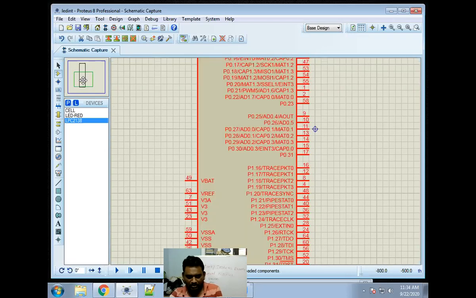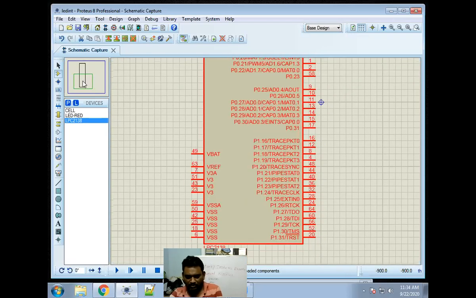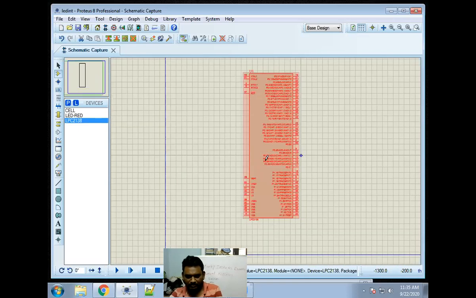After that you have Port 1. See, port 1, P1.16, P1.17, P1.18 like that up to P1.31. These are the different ports that we have.